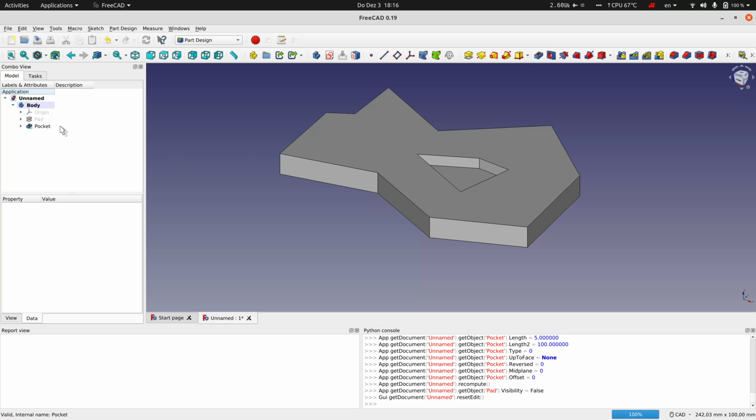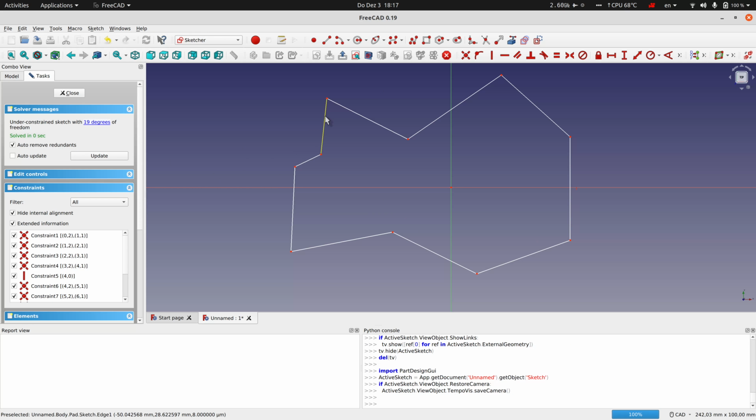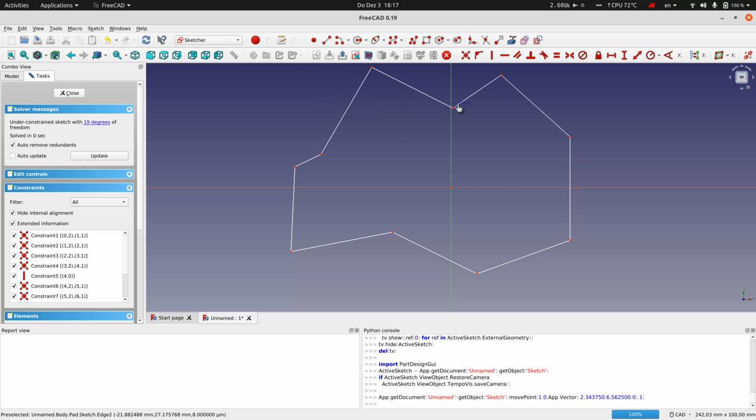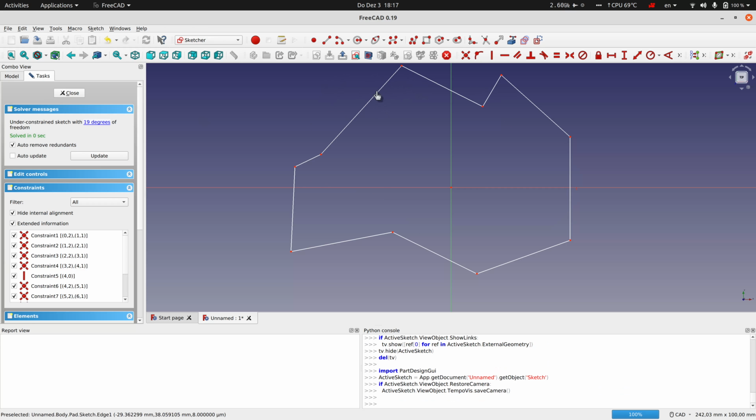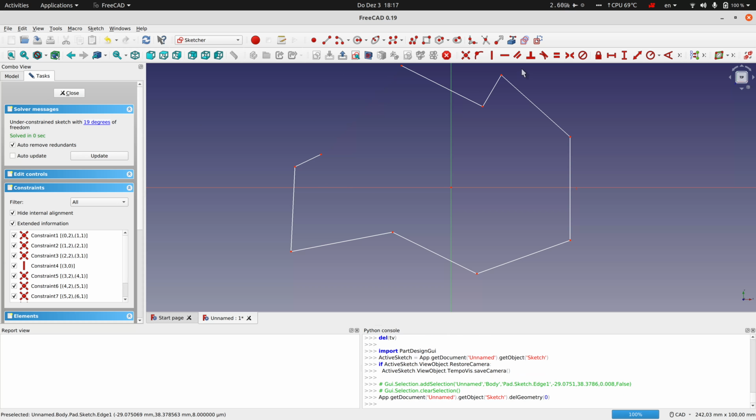But what happens if you change the original sketch? Well, FreeCAD is storing all of these vertices and edges as a simple ordered numeric list. So if I, for example, move some points around like this and I reshape things a little bit, that's not going to matter. However, if suddenly there are a different number of edges and vertices,